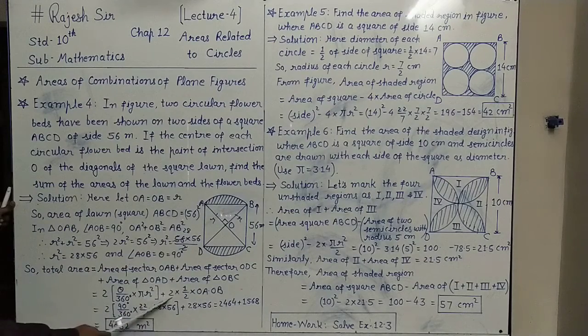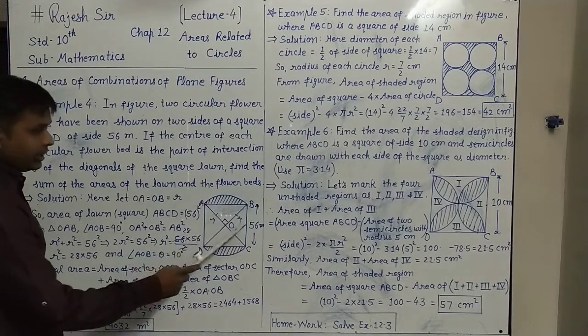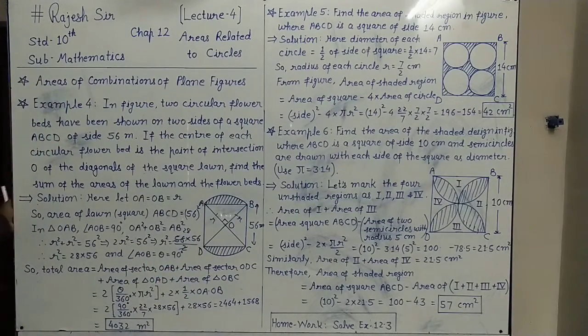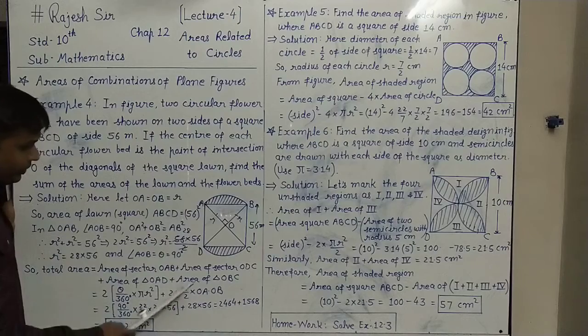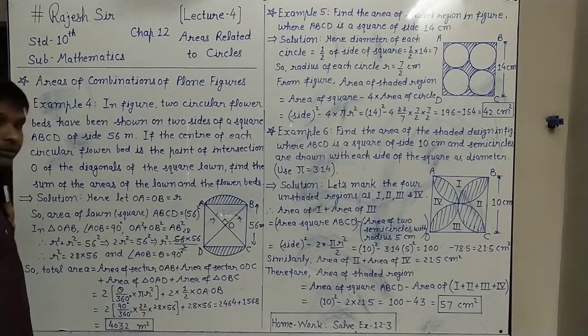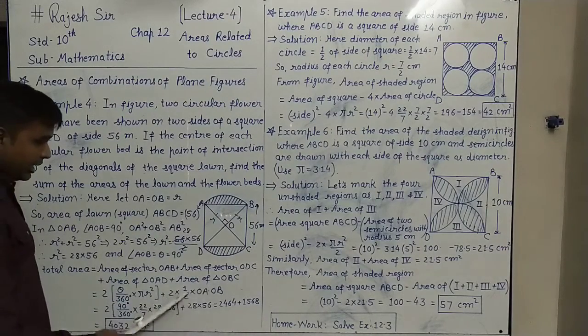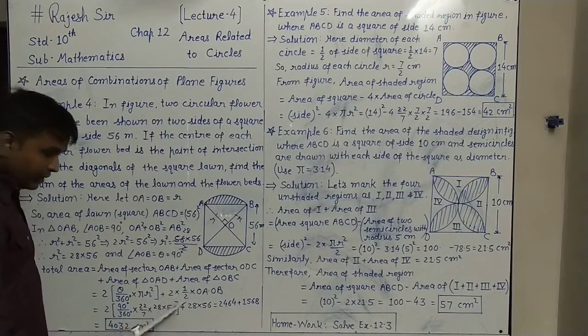Similarly, 2 times the area of any one triangle, the left side and right side triangles are also congruent, the same. So 2 times the area of any one triangle will do. So 2 times the area of a sector is theta upon 360 pi r square, the formula, plus 2 times the area of triangles, which is half into base into altitude, so it is 2 times half into